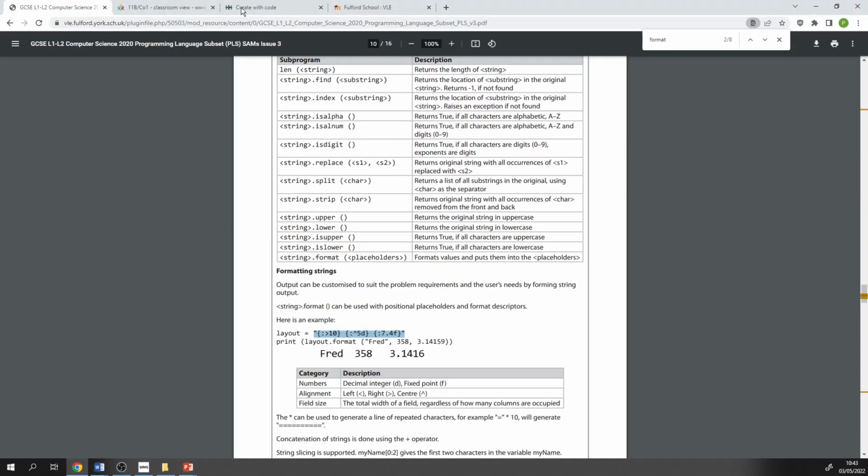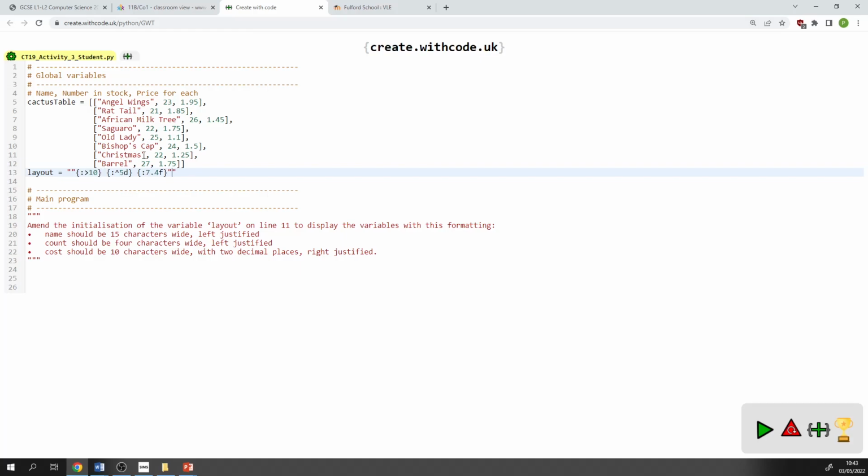So what does that actually mean? Let's see. It wants the name, which is going to be 15 characters wide, left justified. So that means left justified means pointing left. 15 characters wide. There we go. Count should be 4 characters wide, left justified, so you change that to point left, and then you change that,